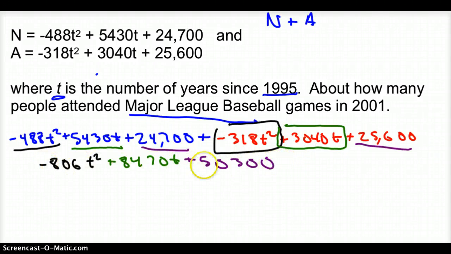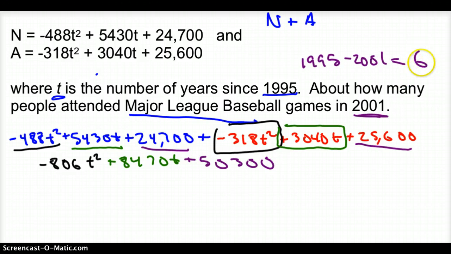And now, that is Major League Baseball right there. This equation that we have right here is the Major League Baseball, or how many people attended Major League Baseball all together. But now we are asked, where T is number of years, how many people attended Major League Baseball games in 2001? Well, how many years are from 1995 to 2001? There are 6 years, so I'm going to take that 6 and plug it in anywhere I see a T. So I'm going to go negative 806, and now I'm going to put that 6 in for T